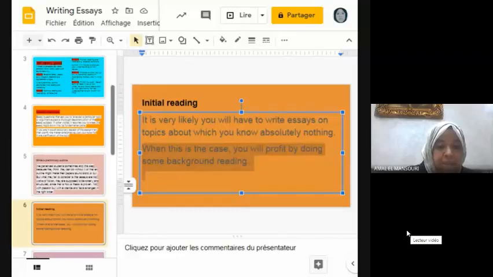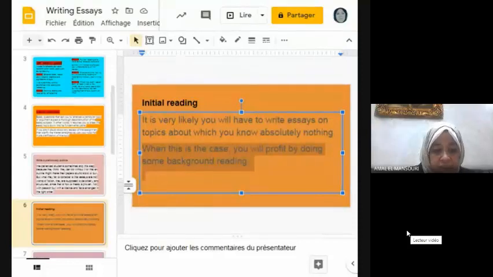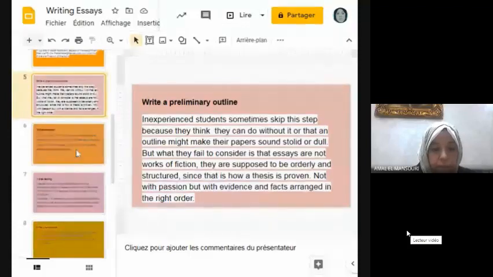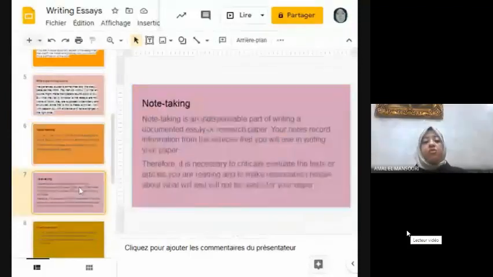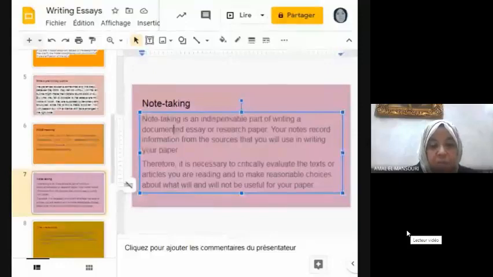So, until now, we've talked about how to plan your essay, outlining the essay, and initial reading. Now, we have to move to note-taking. Note-taking is an indispensable part of writing a documented essay or research paper.